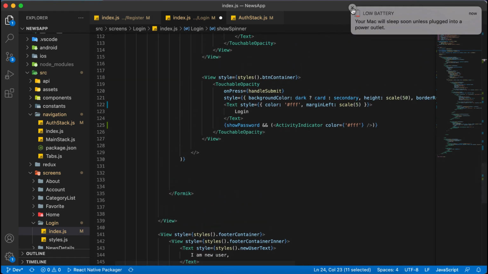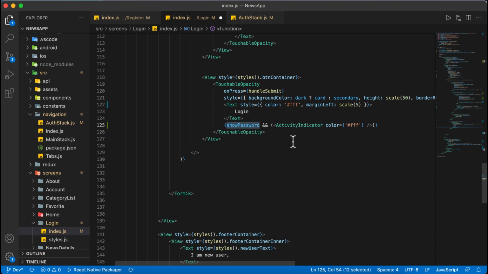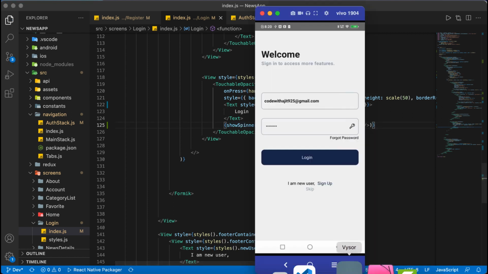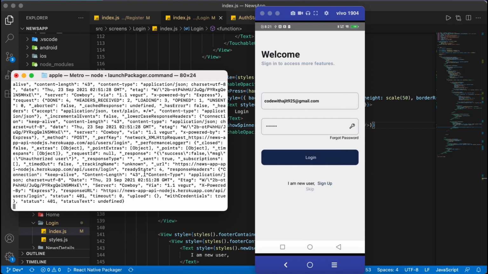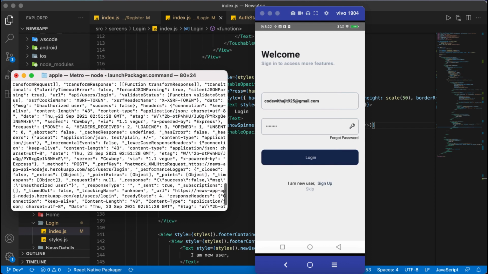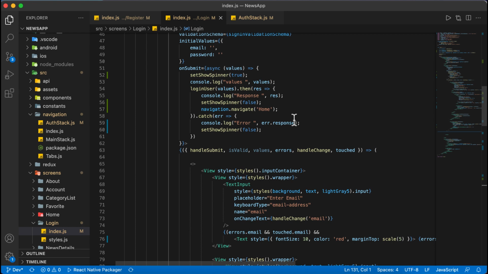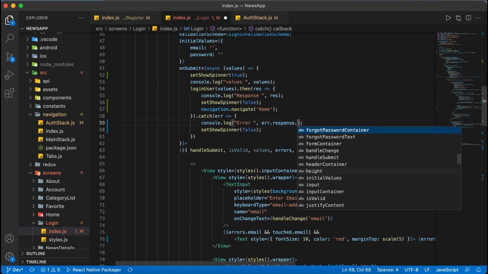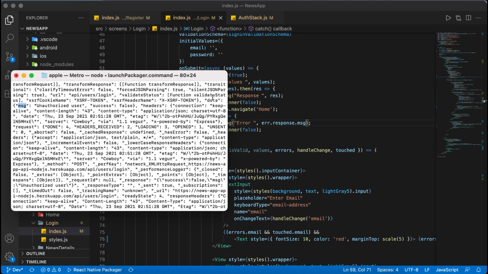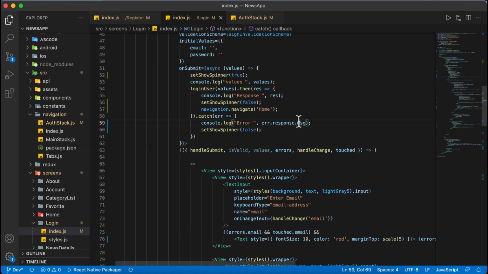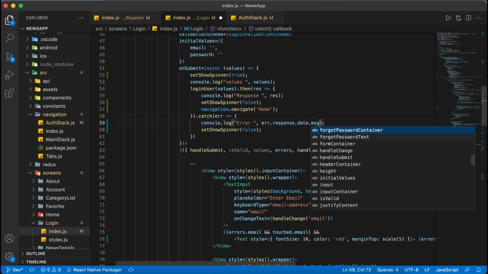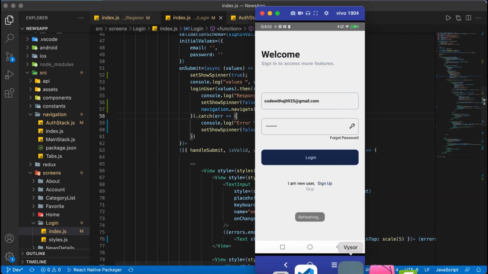So you can see that I first used show password instead of show spinner. Okay, got it. So now let's log in again by clicking this. You can see that now it is working fine, and it got some error response. So this one. Okay, you can see that a message is coming, unauthorized user. So we'll print the message here inside the error, error dot message, that is also inside data, so we need to put data here also. If data, display the data. So again log in here.